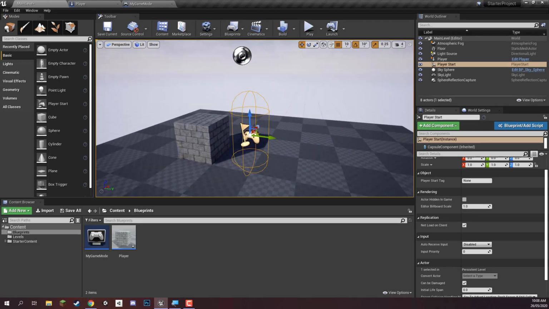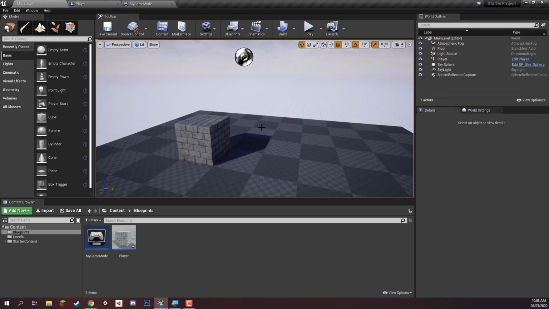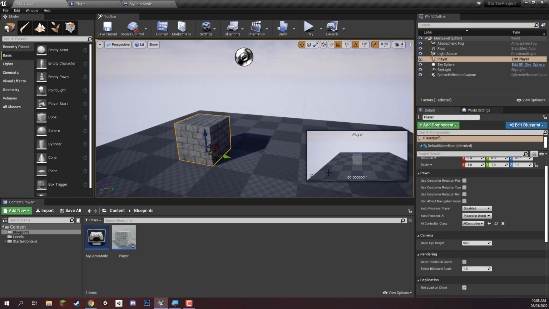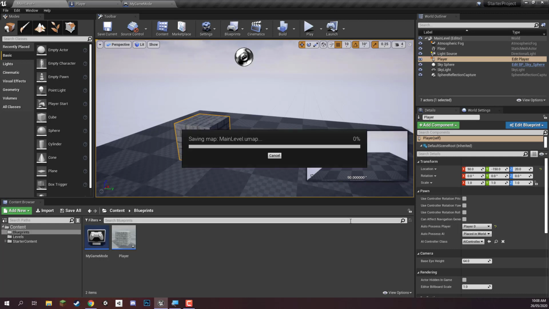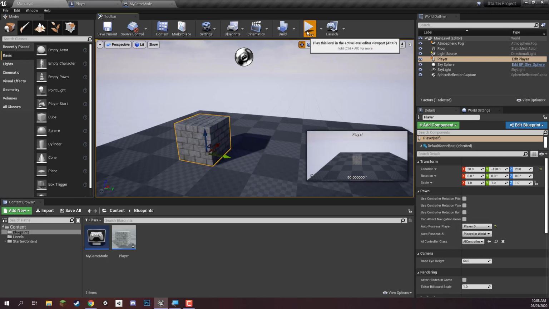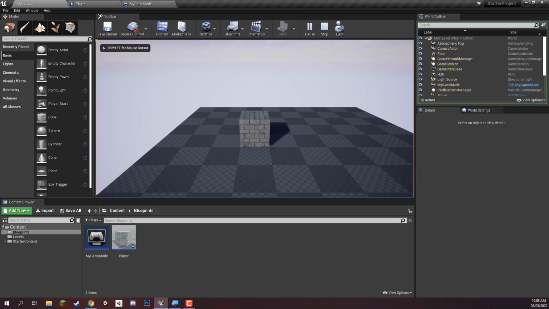So I'm going to delete this player start right here, and I'm going to select our player, and inside of the details panel, you'll see that underneath the pawn options right here, we have auto possess player. This basically means when the game starts, are we going to possess the player or do nothing? So what we want to do is click on disabled and just select player 0 right here. Okay, we can save that. And if we press play again, you'll see that we now look through the camera's eyes